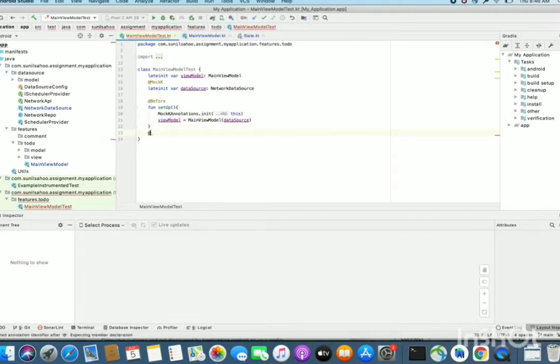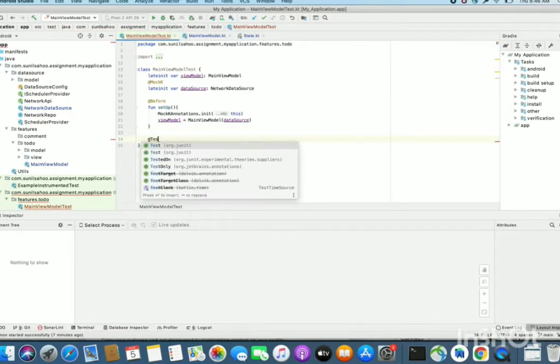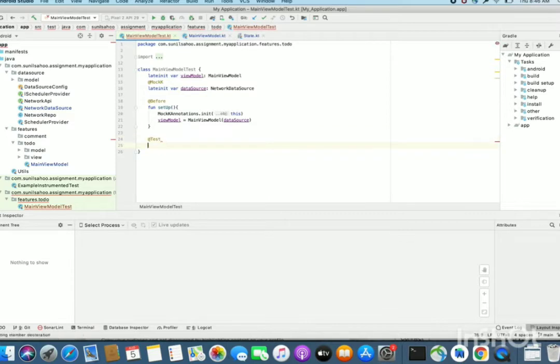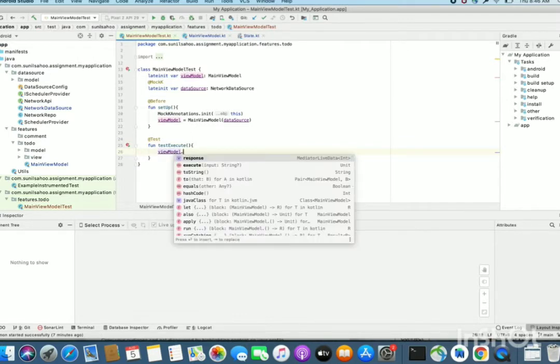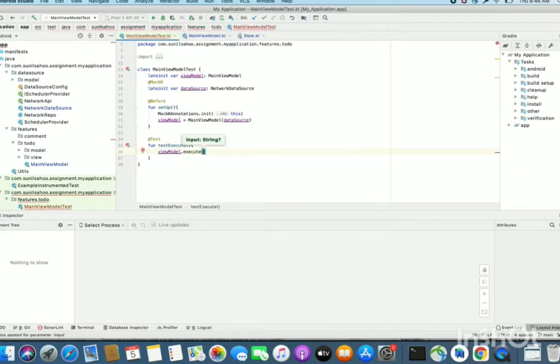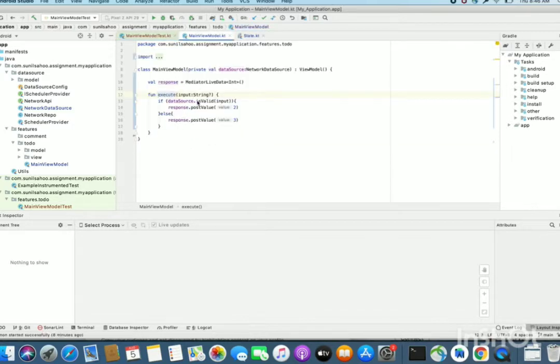Now we'll verify the execute method. So first write the @Test annotation, testExecute. Inside it, what it does, the first call is dataSource.isValid.